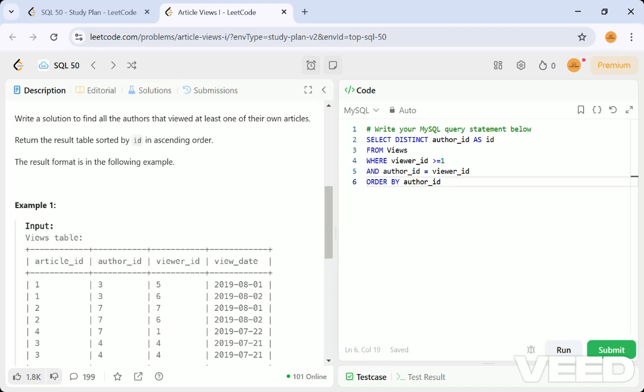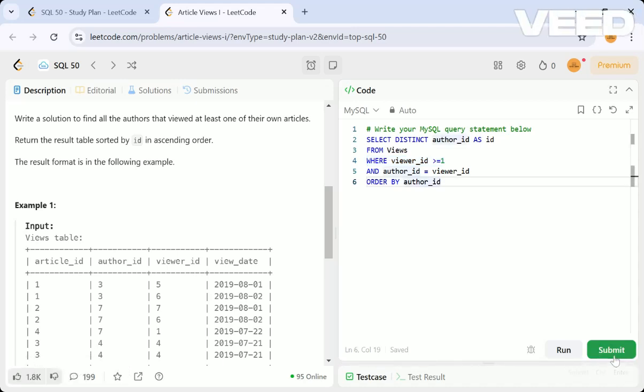Actually, if we consider viewer id as more than at least once, they are not telling us to use it as a count here. Viewer id is the id of that person. Some people write it like this, but that is not correct. Viewer id is the id of that person, not the viewing count. Okay, you understood, right? I'm just removing that, and I will show you how it works. It works with this condition also.